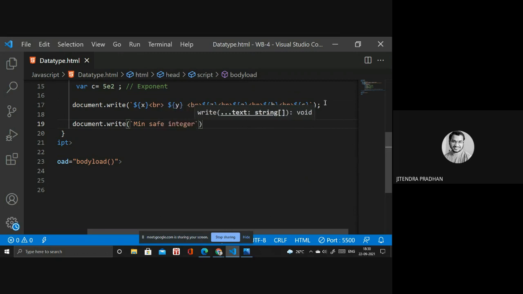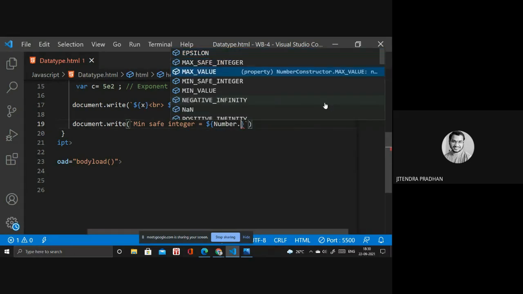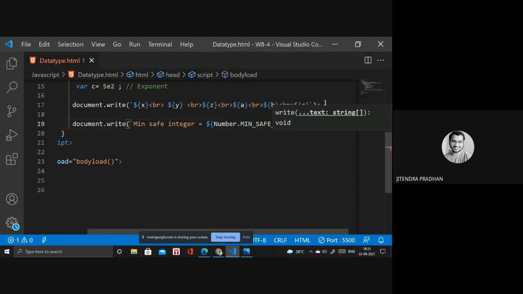Okay. And inside I need to write something. So it's Number. Inside you have to write Number dot MIN_SAFE_INTEGER, we have that there.